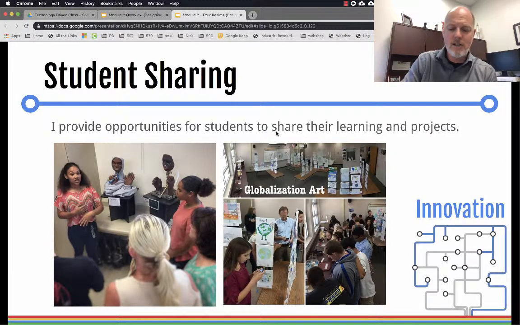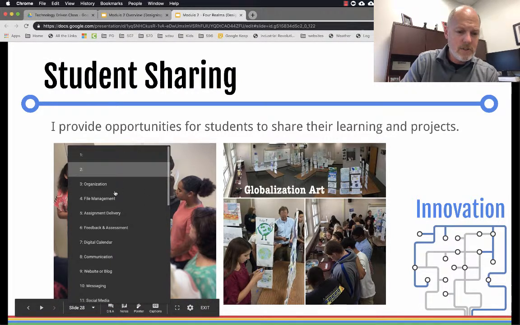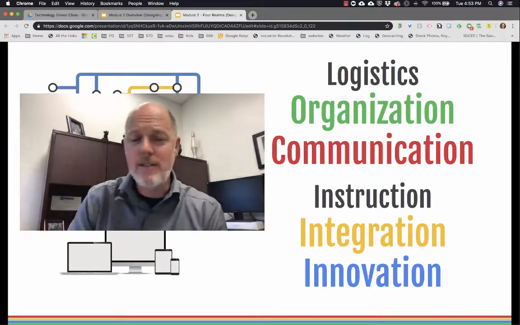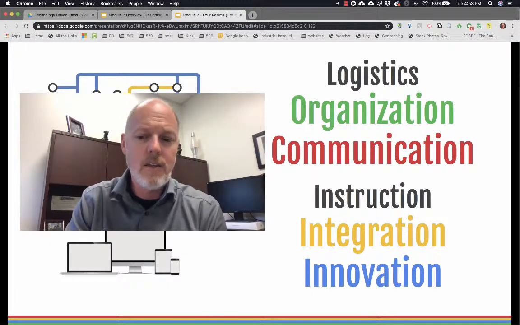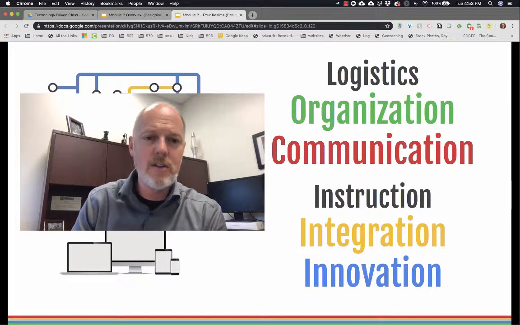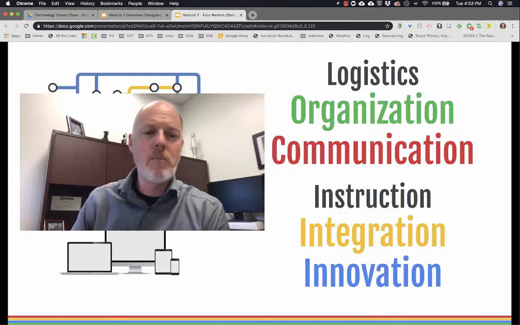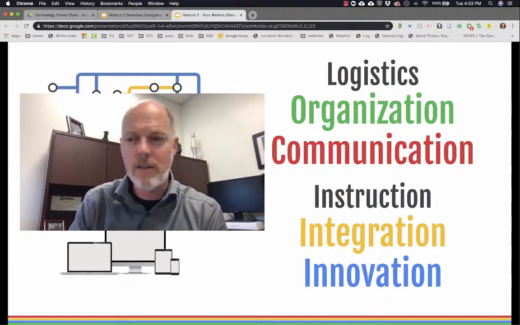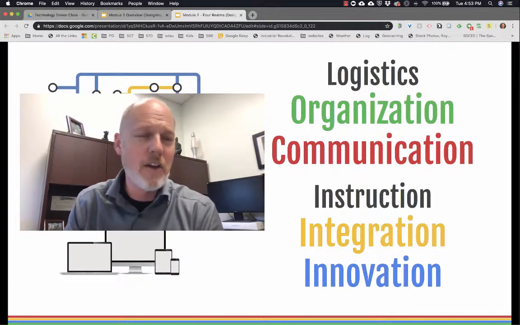I'm going to jump back to the very beginning, just to remind you where we started. Instruction and logistics are different. Those other pieces that we just went through, innovation and integration, are about kids learning and building skills and using the tools to track and encourage that and to let them go forward with that. Organization and communication is about the workflow of the room, online or face-to-face,